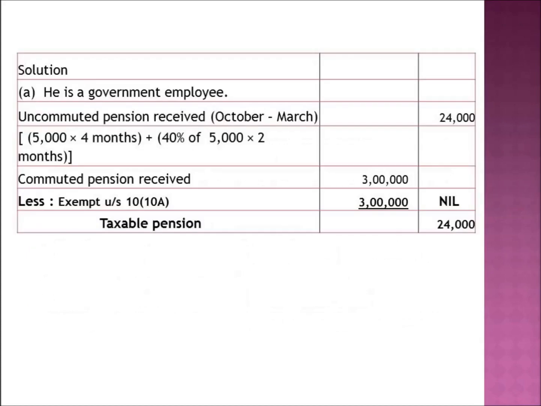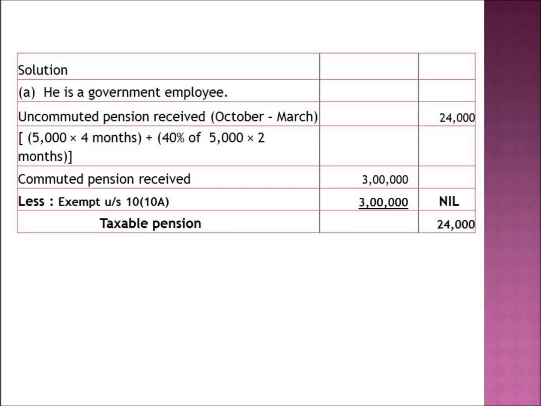Now let us see the first case, that is when he is a government employee. We all know that the uncommuted pension is fully taxable whether the employee is government or non-government. So first of all, we calculate the uncommuted pension. He retired on 1st of October and he commuted his pension on 1st of February. So for October, November, December and January, he received the total pension, and from February onwards, he received the pension